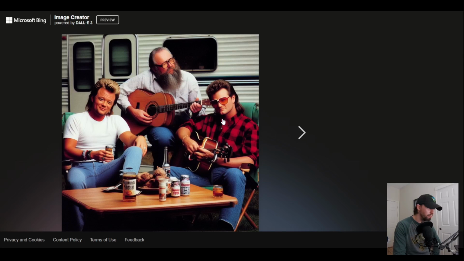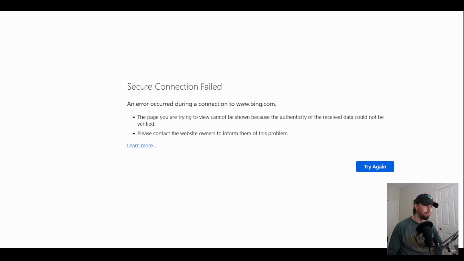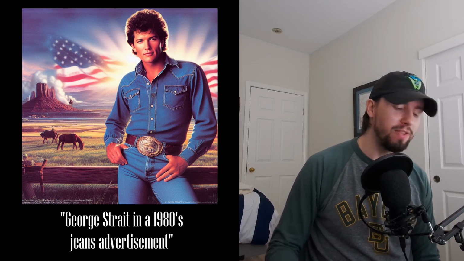Bro, this is Bono from U2. What on earth is this? Still not very accurate. None of those ended up being very accurate, and then after I tried to load it again, it just seemed to crash my browser, crash the website, which is too bad. I tried to load it again and then it crashed my browser. So I think that's the end of the experiment for now. So unfortunately, I'm gonna have to end it all there. It's kind of an unceremonious ending, but that was all the ideas I had anyway.